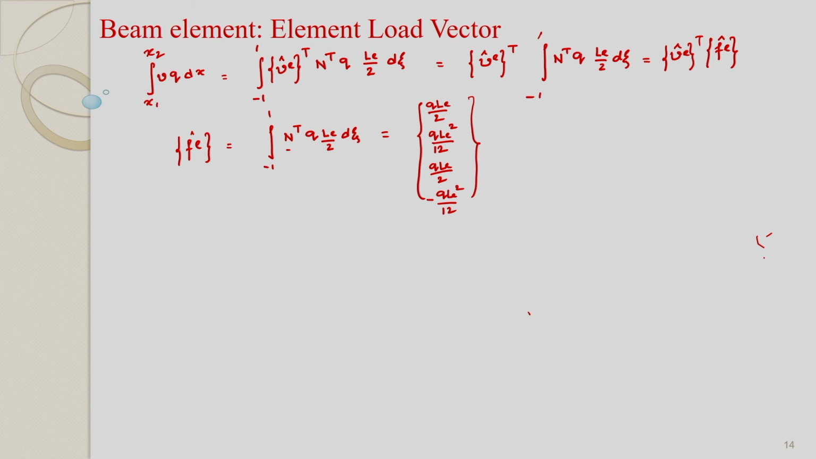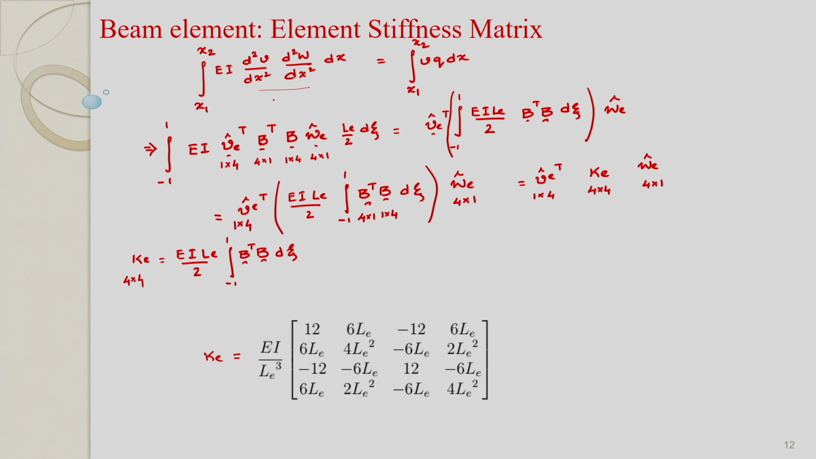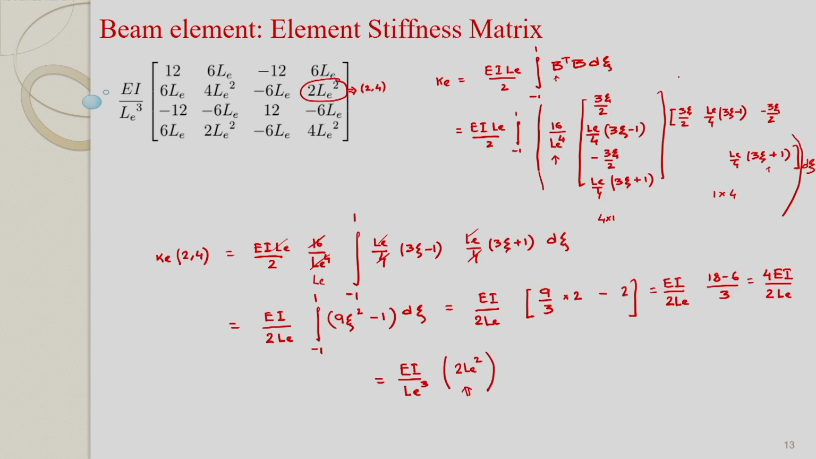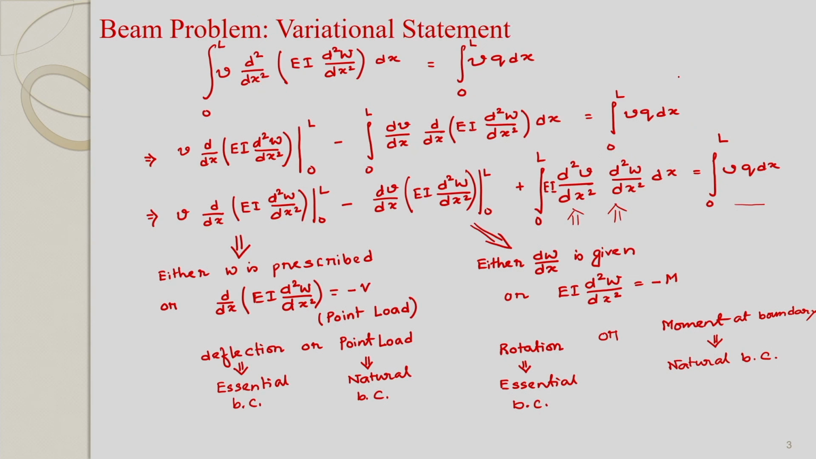After you do the integration symbolically, this is your element load vector for uniformly distributed load. So, in the left hand side, this VE hat transpose appears. Similarly, in the right hand side. Now, if you see the variational statement,